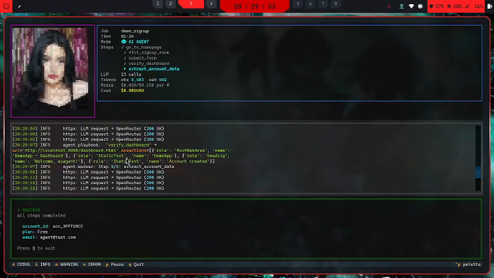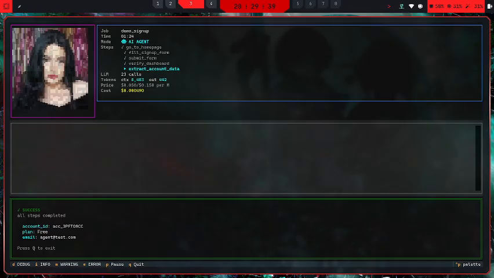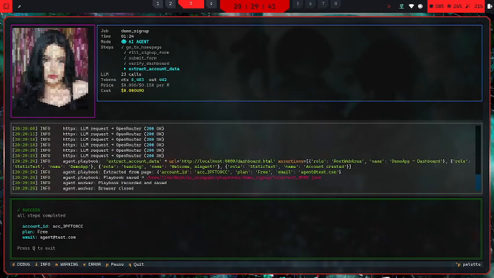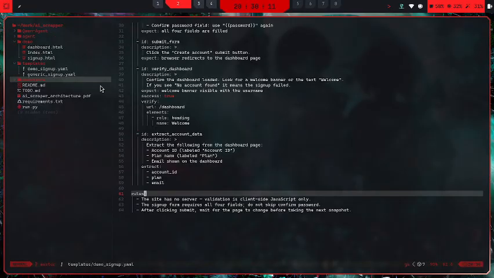So, we can of course check all the debug logs here. Info, warning, error, whatever. Just cool to have a graphical interface. So for about this price, I need to check this, but it should be accurate. But for a very cheap price, in proper time, we're able to automate a sign-up process using the AI agent, and to achieve the goal, which is extracting this type of data. So the fun part is, now that we know that it's working, we can quit that, and we should see